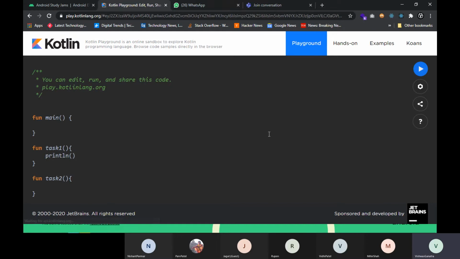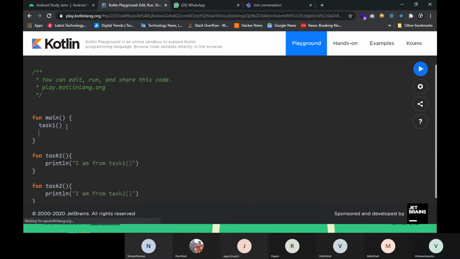We'll use a println statement: I am from task 1. And in the second function, we'll print I am from task 2. So we have two functions in our program, task 1 and task 2. The first function says I am from task 1, and the second function says I am from task 2. We'll call both of the functions in our main function.